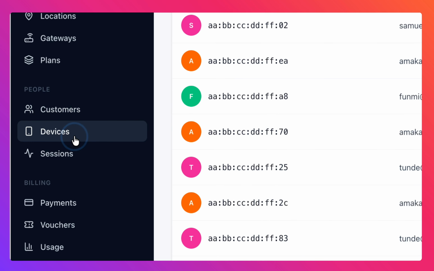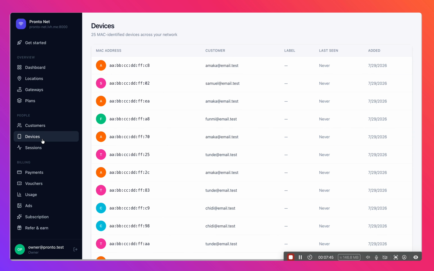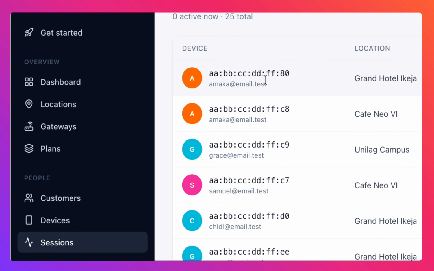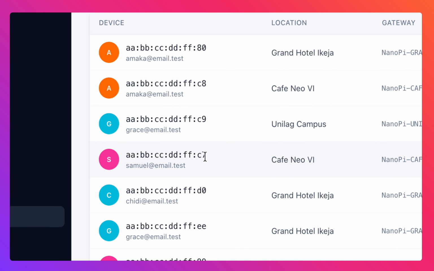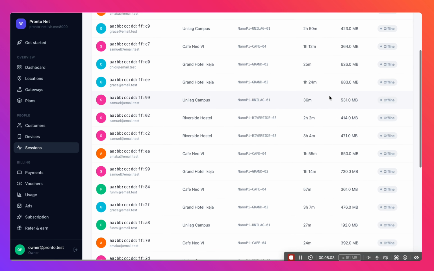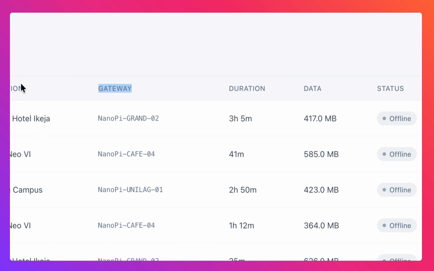Okay, then this device as well. So device shows every phone or laptop on your network. Session is a live and historical connection log. Who is online, how long, how much data, and the rest. So session, yeah, who is online, what time, the amount of data consumed, the duration they spent, the gateway, and